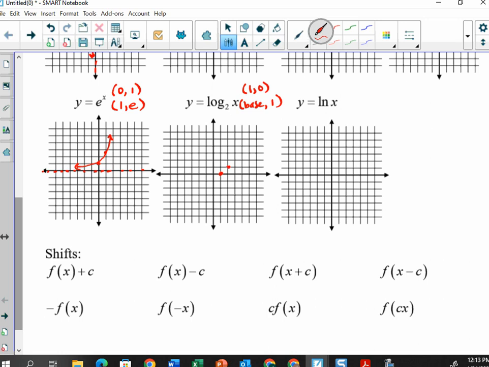Instead of a horizontal asymptote, what will I put? Vertical, yes. So what's the base? Base is 2, right? Yep. And if it's log,